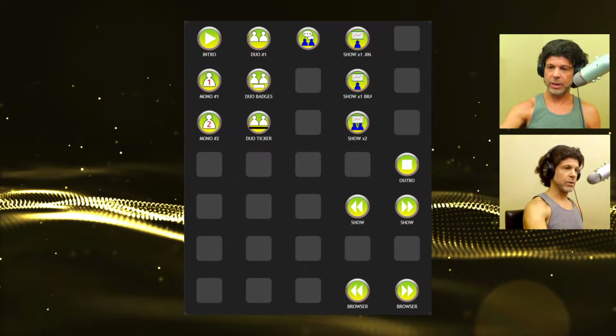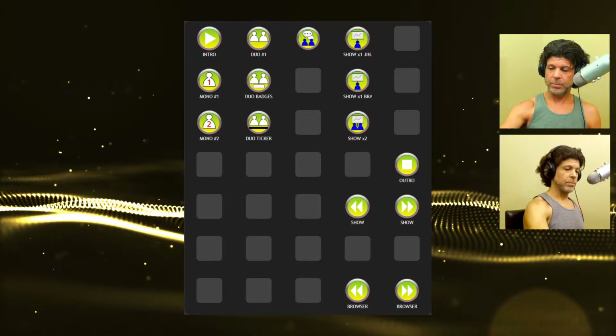Here we go back to Duo screen with name badges. We pre-program these and put the animations in beforehand, so you wouldn't be stuck with my name and co-host name. You can move into a format with more than one, two or three guests or hosts, however your particular show or podcast is set up.